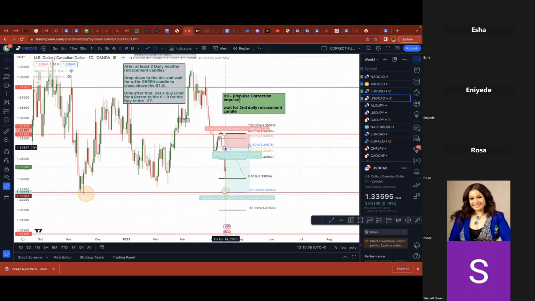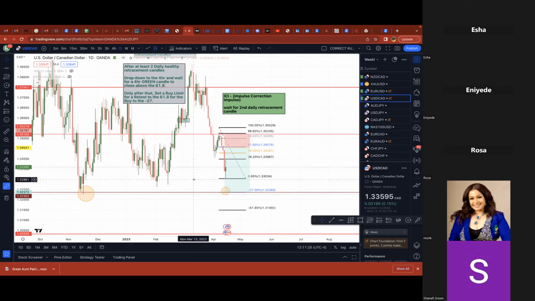Once you mark up your ICI top and bottom, just trade like that, because there are people who trade this and they don't know what an imbalance is, and they're making a lot of money doing this. So it's good to learn what an imbalance is and all that. But it's just confluence. Everything is confluence, and just what resonates with you.